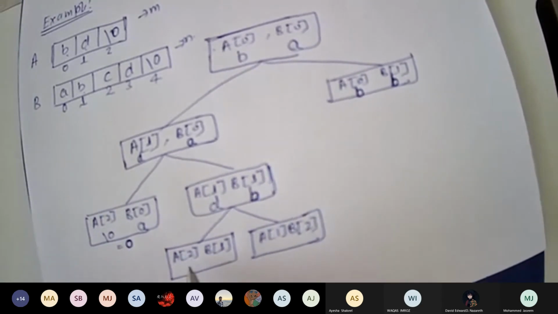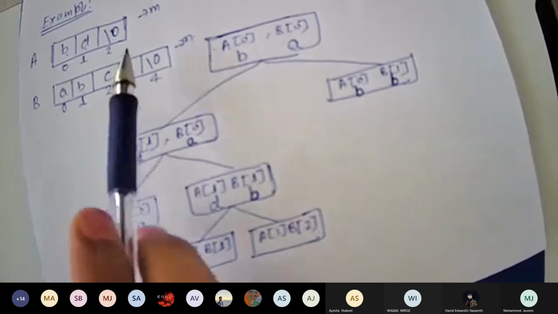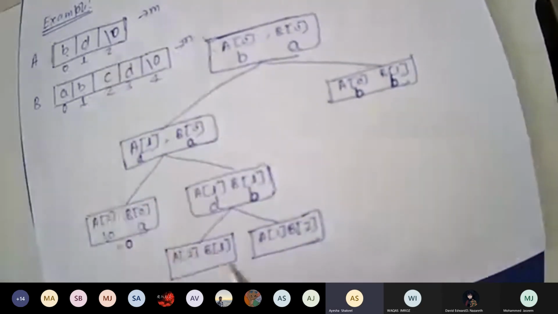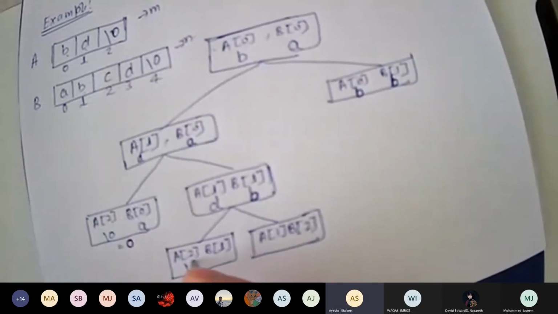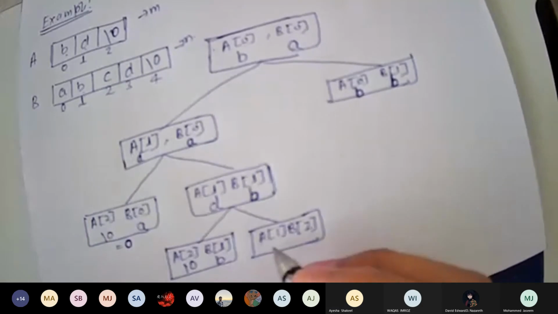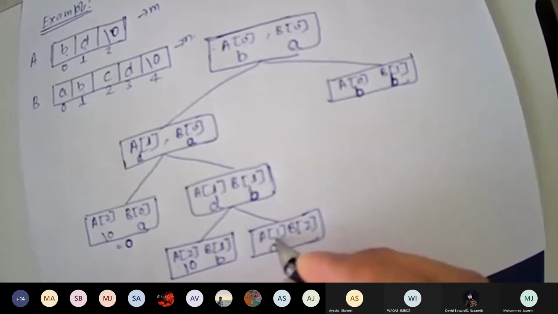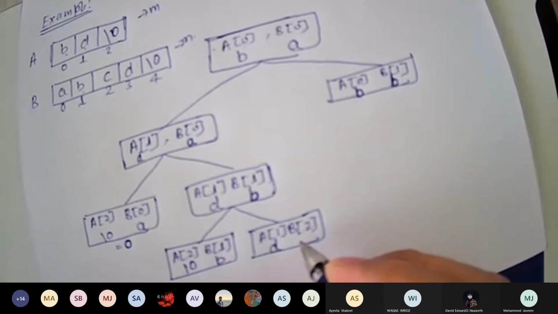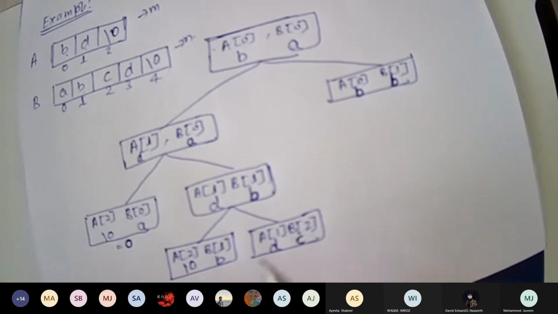So now tell me, what is the value of A2? A2 value is 0 and B1 value is B. A1 value is D and B2 value is C.